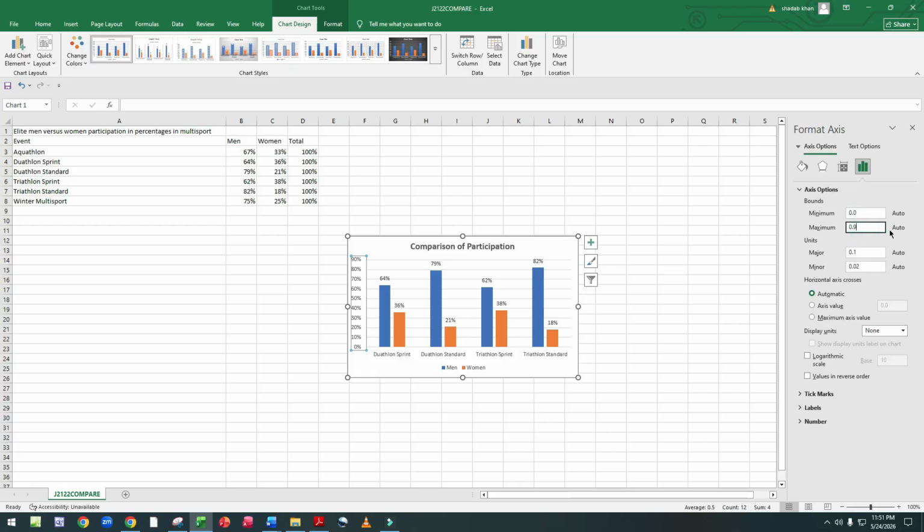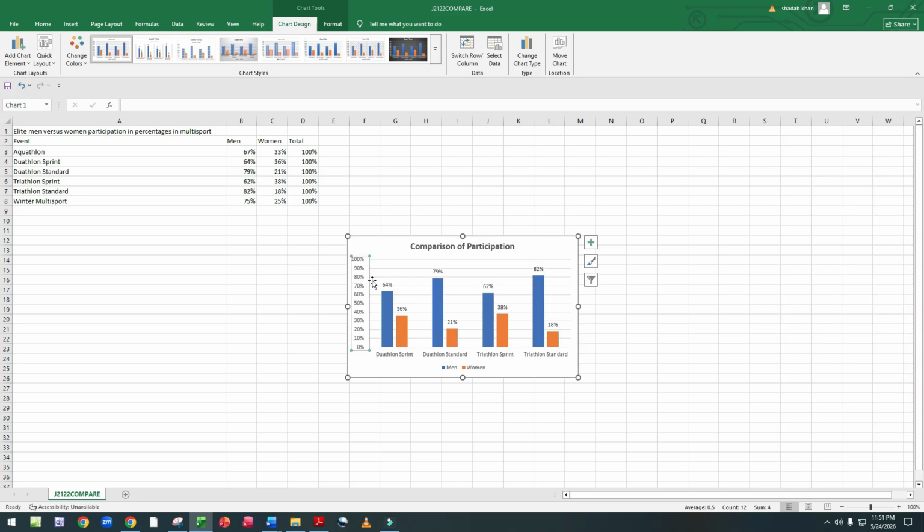Here maximum is 1.0, minimum is 0.0. Then give OK. It should be adjusted to a minimum of 0% and a maximum of 100%.